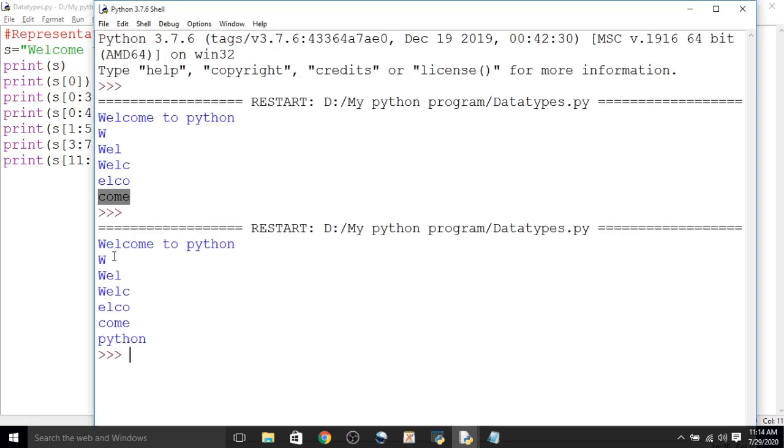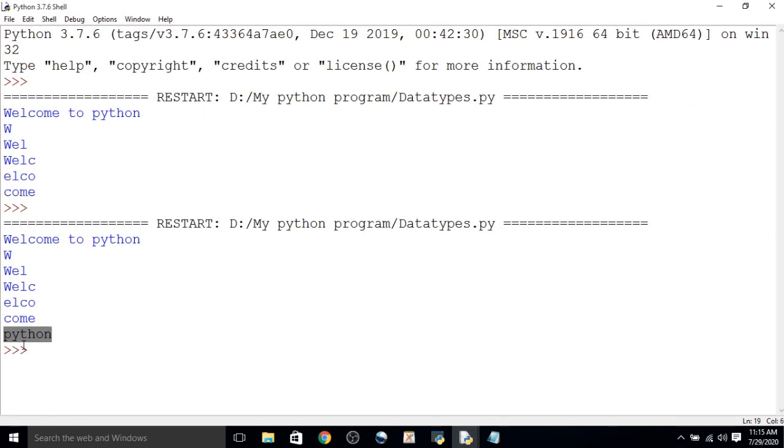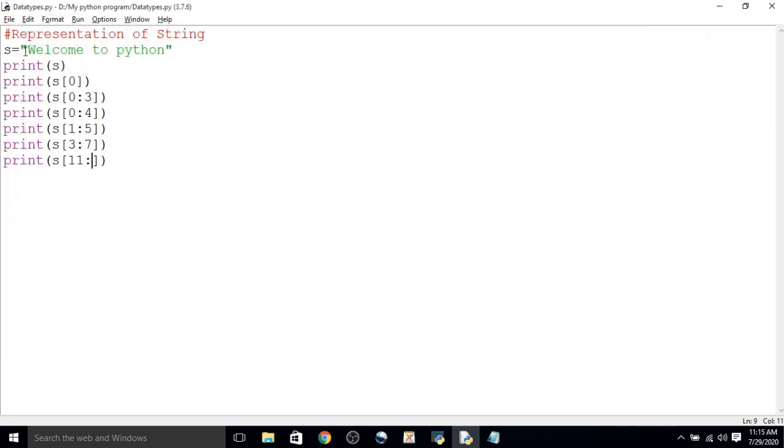Now look here, we get the output Python. Counting 0, 1, 2, 3, 4, 5, 6, then the space is 7, 8, 9 and the space is 10. So start from 11 and go till the end, and from the string welcome to Python, the slice Python will be retrieved by using this slicing operation.